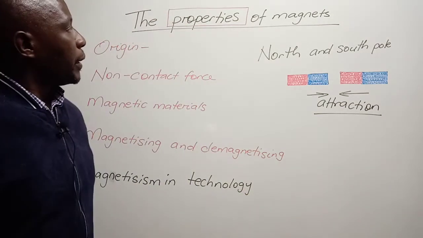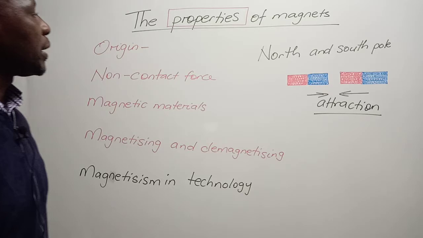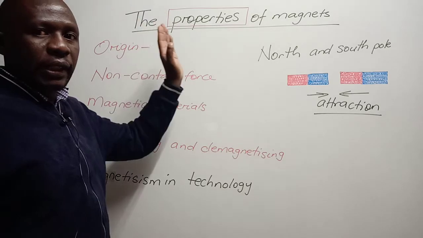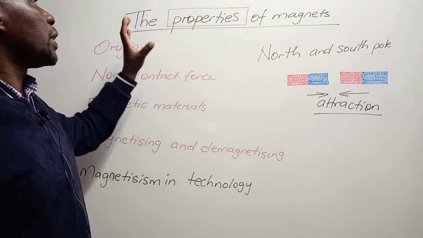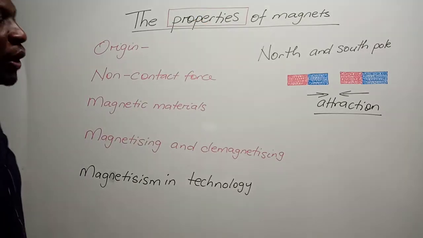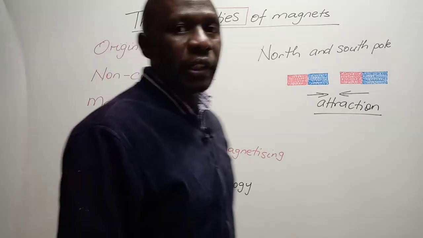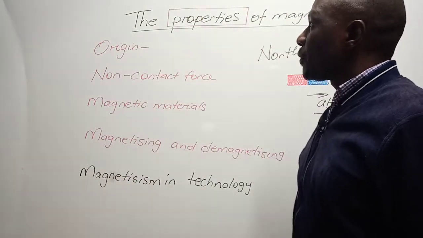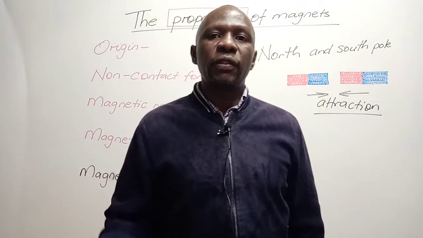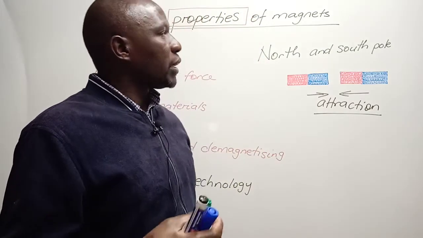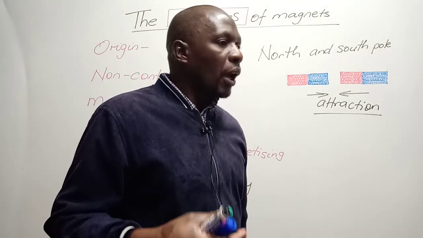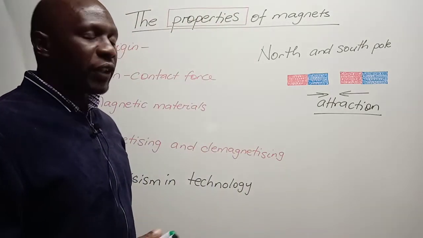All right, guys. So our lesson today is the properties of magnets. So take note, I have highlighted the word properties because this is where we are beginning from. So what do you think is the meaning of property in physics? Whenever they are talking about properties in physics, or if you are asked to define what is meant by properties in physics, properties in physics means